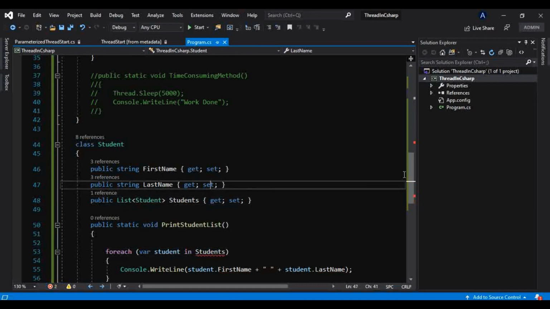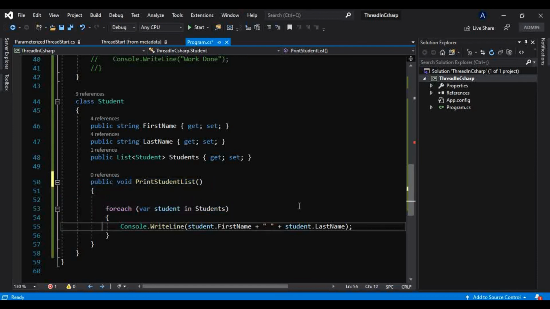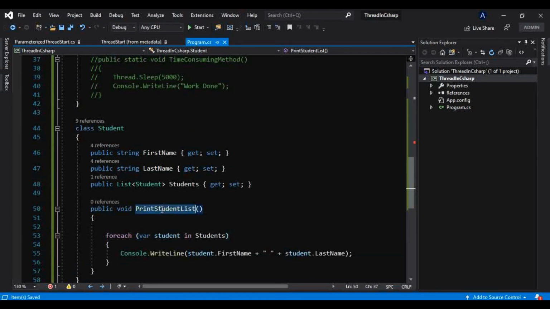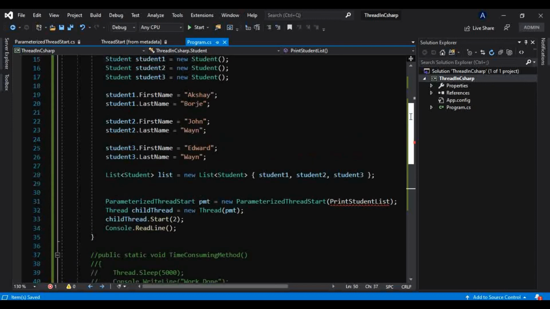Okay, and yes, we have to remove that static, because an instance member cannot work inside a static member. We have learned about static members and instance members in this tutorial series. So now, instead of using that something like here, we already have an instance of this class, that is student1, and we can pass that like this, student1.PrintStudent.